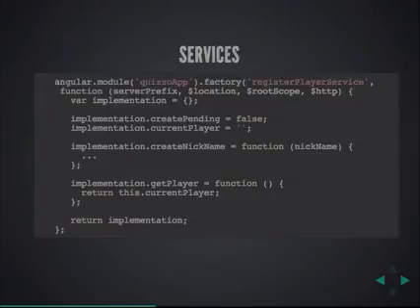You create a variable, which is a JavaScript variable, and this is basically the JavaScript programming model. You create a variable for your JavaScript object that you're going to return as your service. You then add methods and values to it, and then you return the implementation. So in Spring, this would be like your interface and your